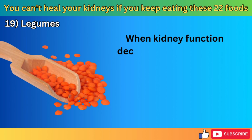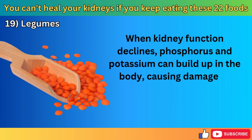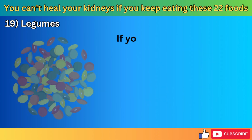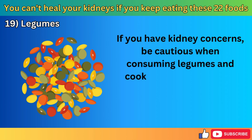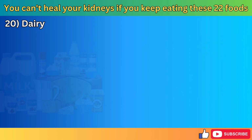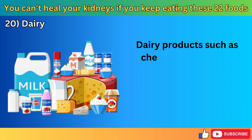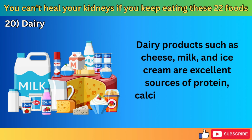When kidney function declines, phosphorus and potassium can build up in the body, causing damage to bones, blood vessels, and other organs. If you have kidney concerns, be cautious when consuming legumes and cook them thoroughly to reduce potential side effects. Number 20. Dairy. Dairy products such as cheese, milk, and ice cream are excellent sources of protein, calcium, and